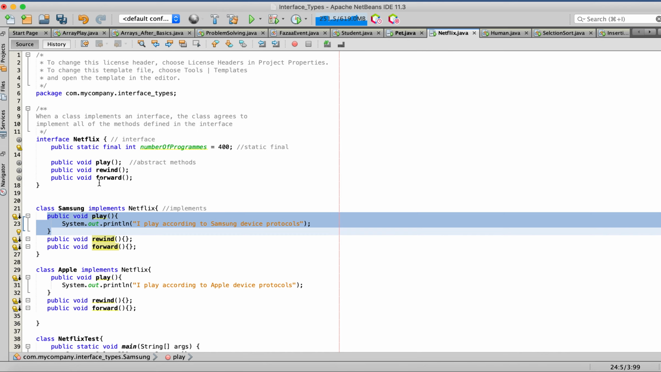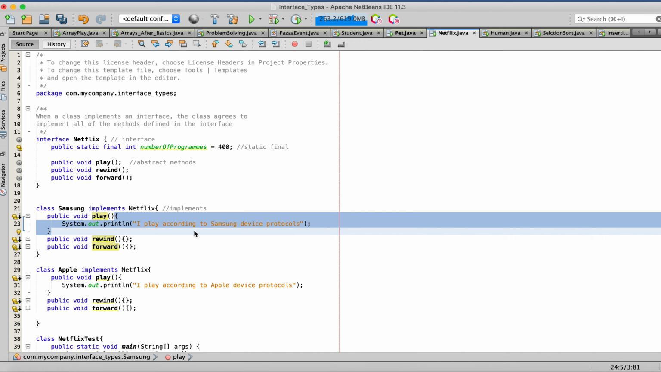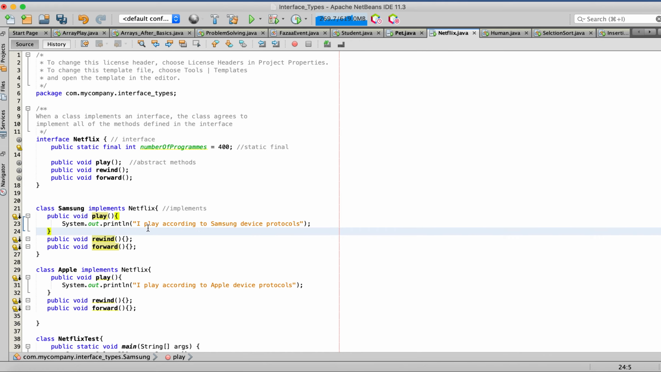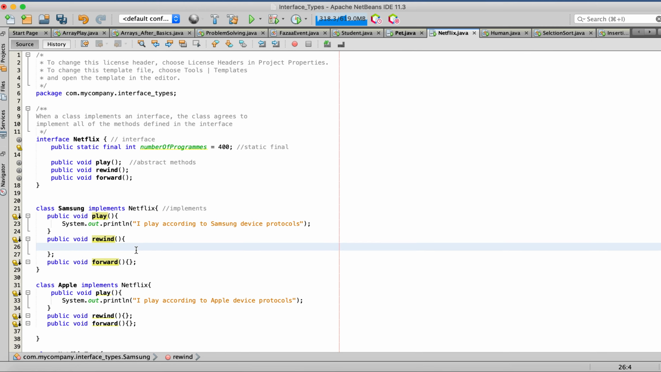Now, if you can see the difference between line 15 and these lines here, is that rather than having a semicolon after the parameter, we have our curly brace, and inside the curly brace we have our statements. The statement for play, just making it simple, is System.out.print "I play according to Samsung device protocols." Equally, with the rewind, I could do the same thing. The reason why I do not get an error message here is because I've added my curly braces and it's void. But I could simply add some statements in here, such as,